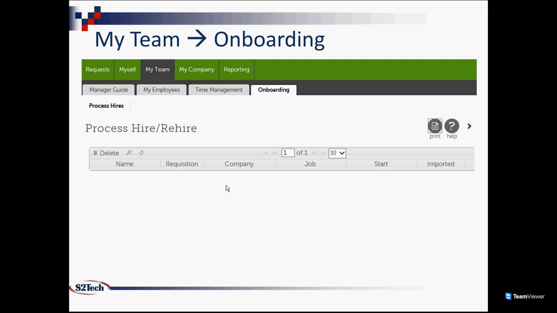So the next area that we need to look at is reporting, and this is going to be the last area for the supervisor function. Under reporting,